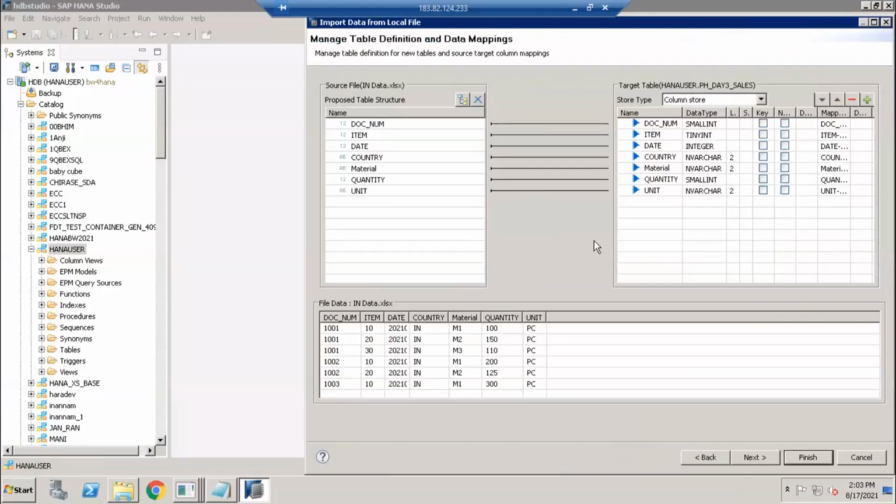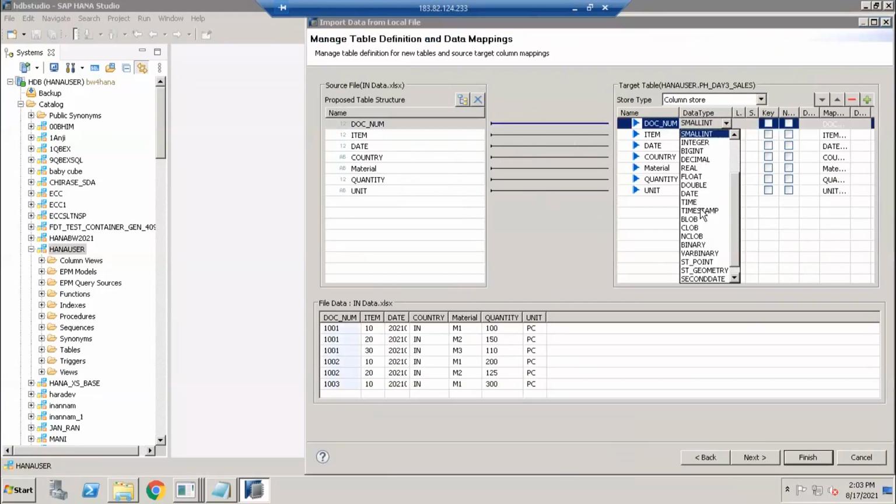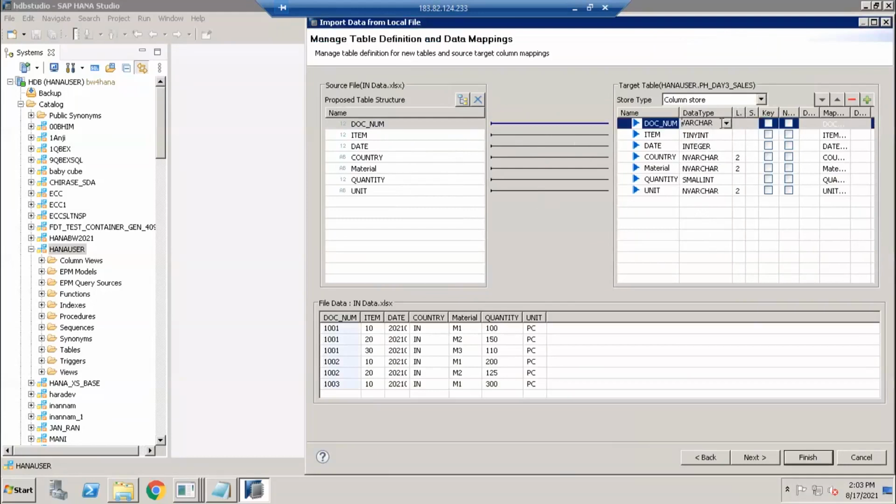Click on next. Here this is the auto populated one, giving one-to-one mapping. Here I want to correct my data types as per my requirement. Document number is of type char, not int, so I select nvarchar here with length 10.